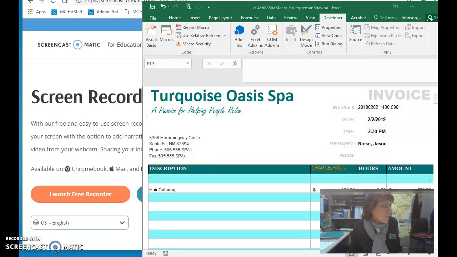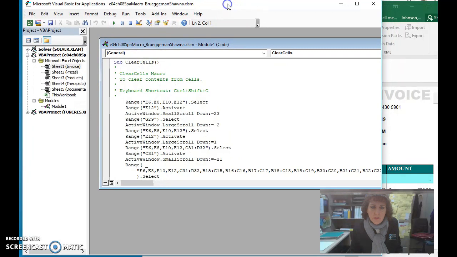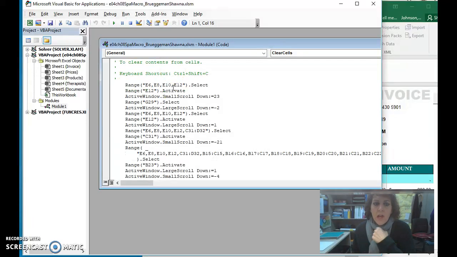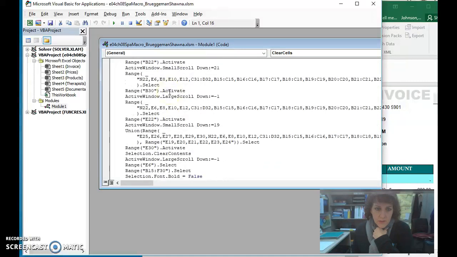I'm going to pull up the VBA window on the screen, and let's see, you're saying you're not finding the information it's asking for. So the window is a little tricky. You've got to kind of get used to it. So here I can see that the first thing I see is the clear cells macro. But as I scroll down,